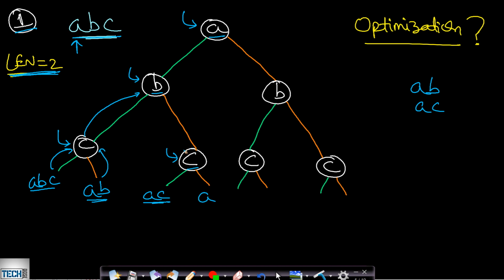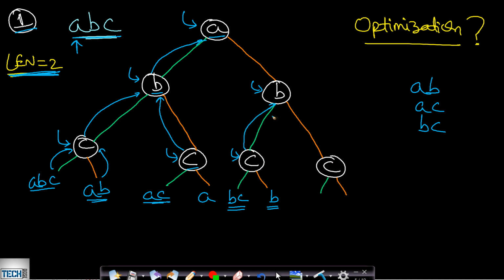Now we will backtrack from this C, and backtrack from this B. Now the next option for this A is not including A. If we don't include this A, we go to this B. Now for the next character B, we can include it or we can't include it. So if we include this B, we move to C. If we include this C, then the string formed will be BC, which is of length 2. Therefore we will include it here. Now the next option for C is not including C, so the string formed will only be B. So this cannot be included since our combination length should be 2.